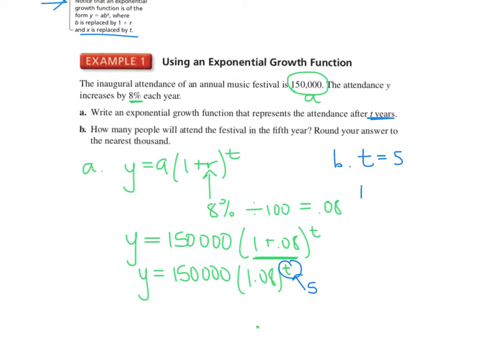You can use your calculator for that. Be careful if you have a calculator that doesn't do order of operations for you. You technically would want to do this part first on your calculator, get that answer, and multiply it by the 150,000. Some of you can plug it all in at one time, but generally speaking, you get a decimal answer here. So I get